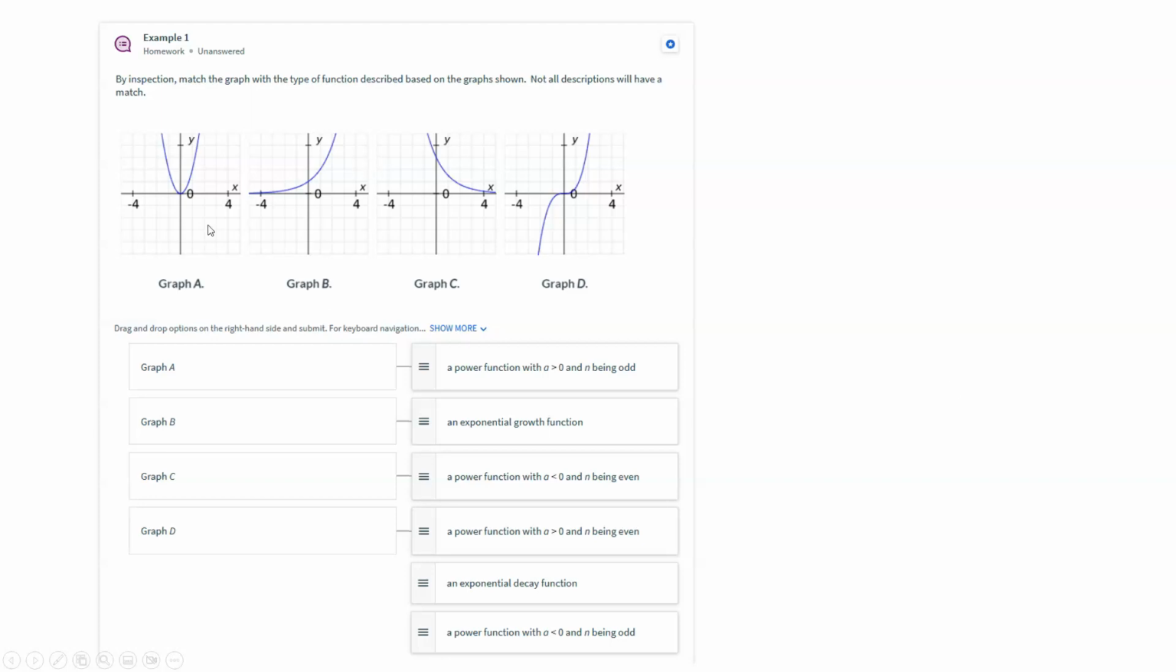In this first example, you're given graphs A, B, C, and D, and are asked to match which of these descriptions go along with each graph. And there's two extra descriptions that don't go with any of these graphs. So, graph A, you can see here that this is behaving like a power function, because a power function is